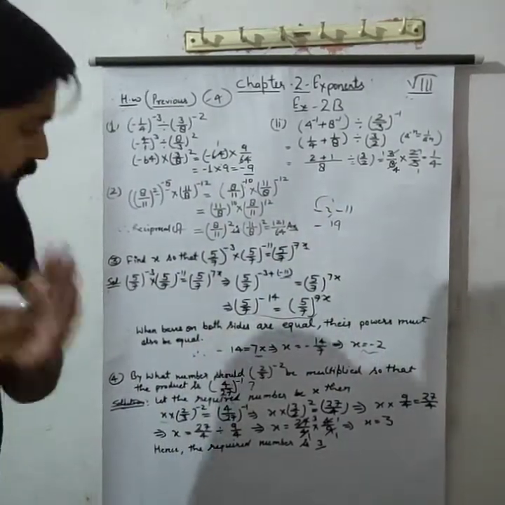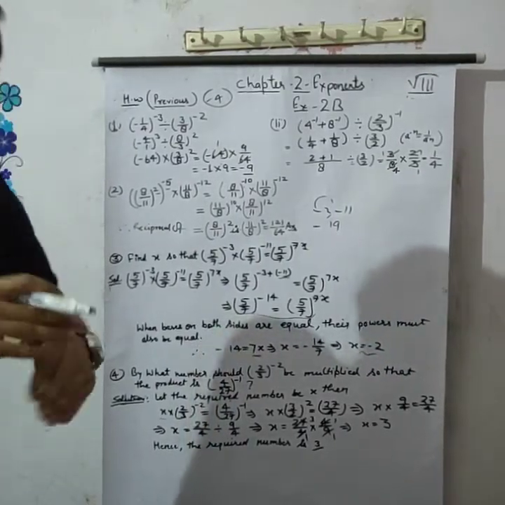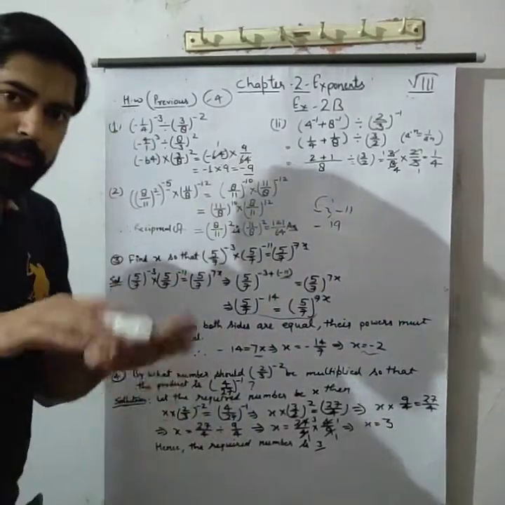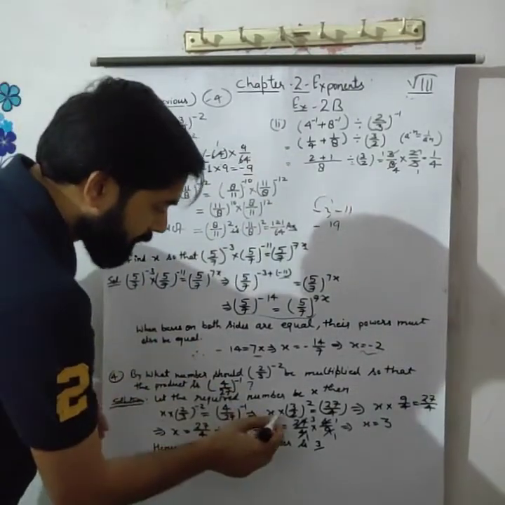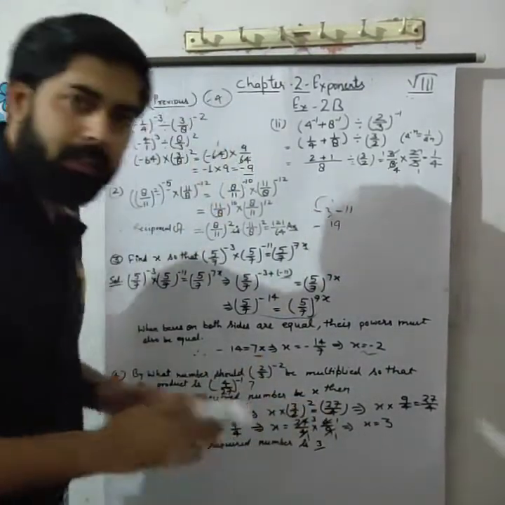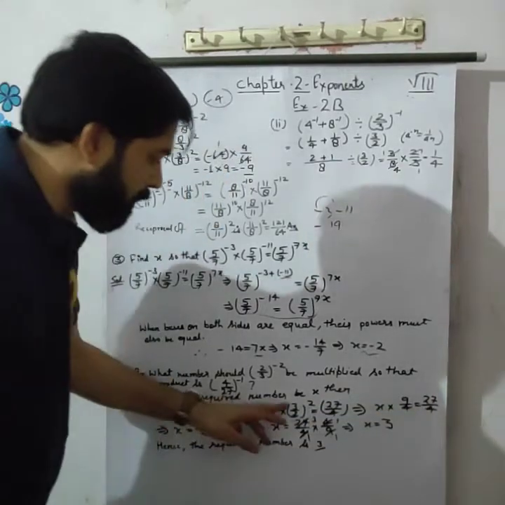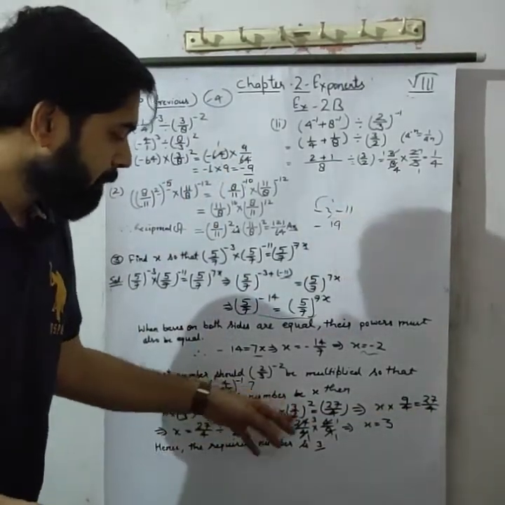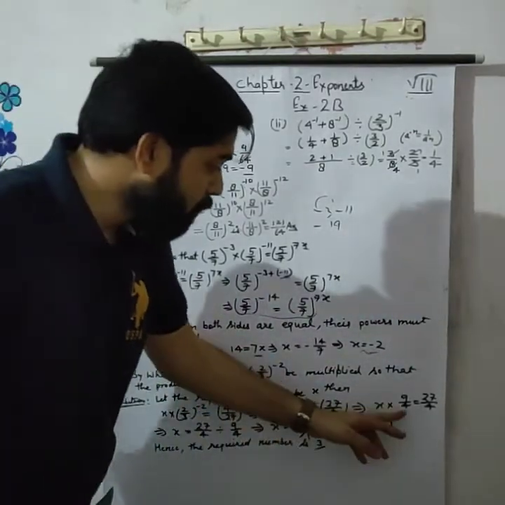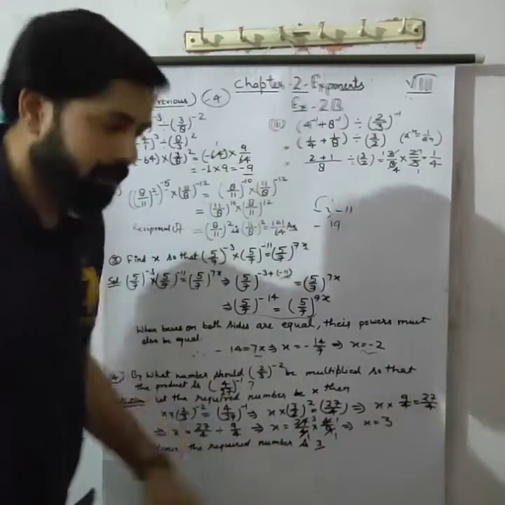Here you find the equation, so you can solve it very well by the transposition method. Firstly, we look at the powers and convert both powers to positive form. So x multiplied by 3 upon 2 raised to power 2, and then 27 upon 4. Then x multiplied by 9 upon 4 is equal to 27 upon 4. Open the brackets, means open the power. 3 upon 2 raised to power 2 means 3 upon 2 multiplied by 3 upon 2: 3 threes are 9 and 2 twos are 4. So x multiplied by 9 upon 4 is equal to 27 upon 4.